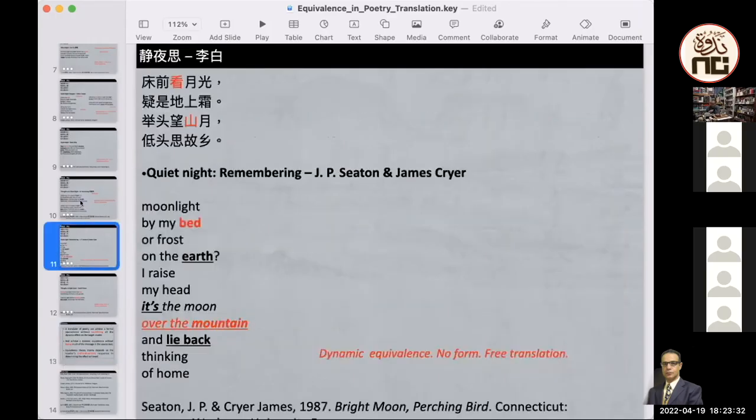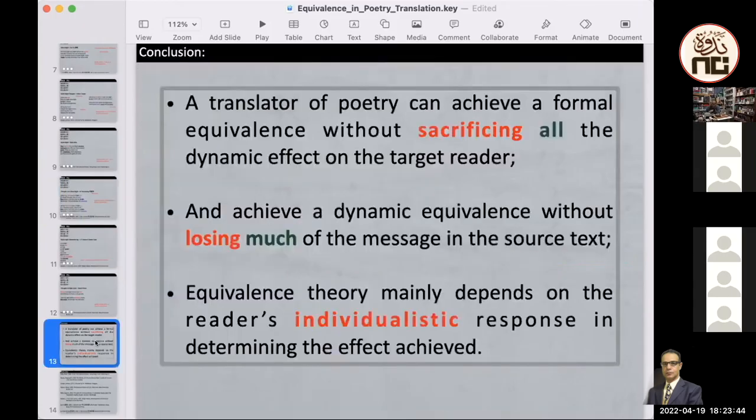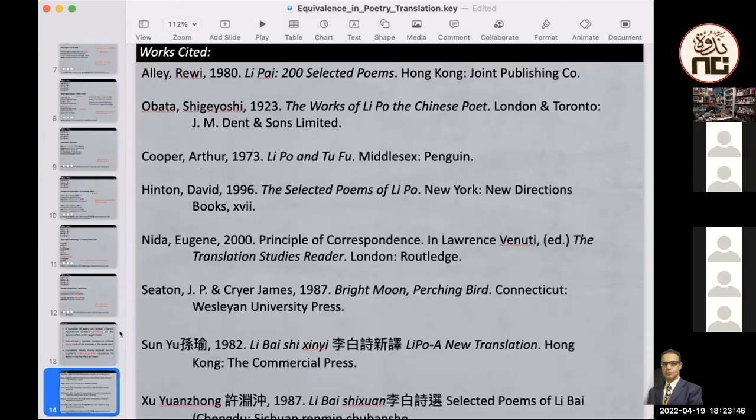Like the example I gave here, I said this translation by Xu Yuanchong is perfect in terms of rhythm, but in terms of language, is it perfect? Is it natural or not? It depends on the reader. Okay, these are the sources, and actually, if you want